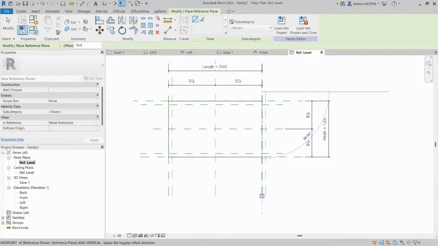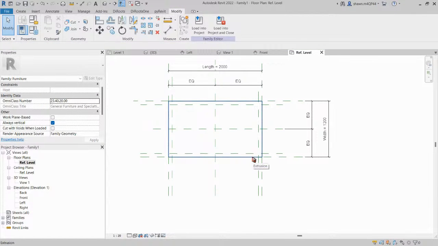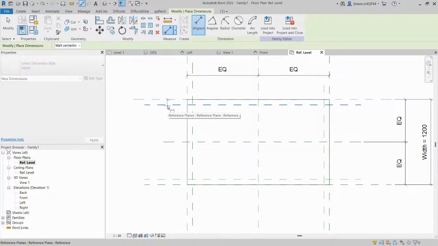And you can just use the space bar to flip. Okay. Then BI, create a dimension, lock,